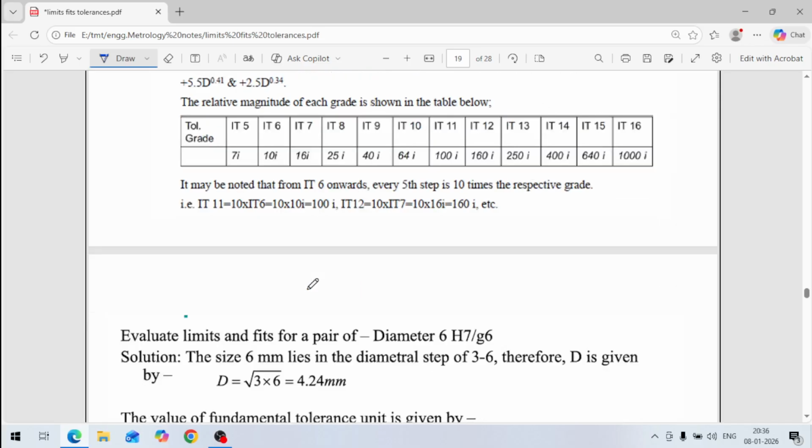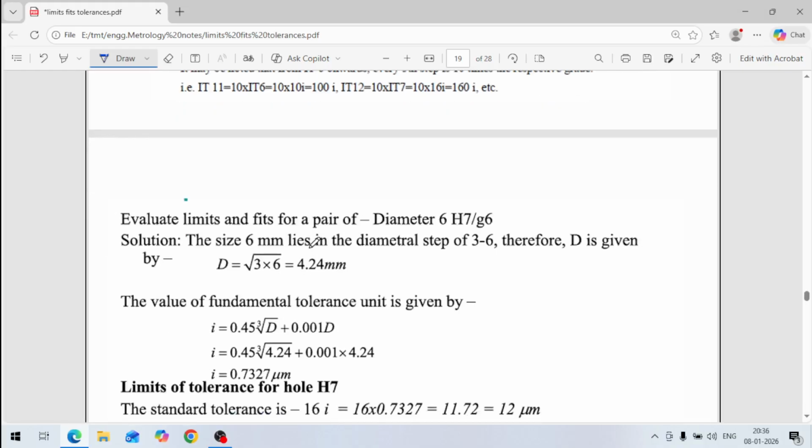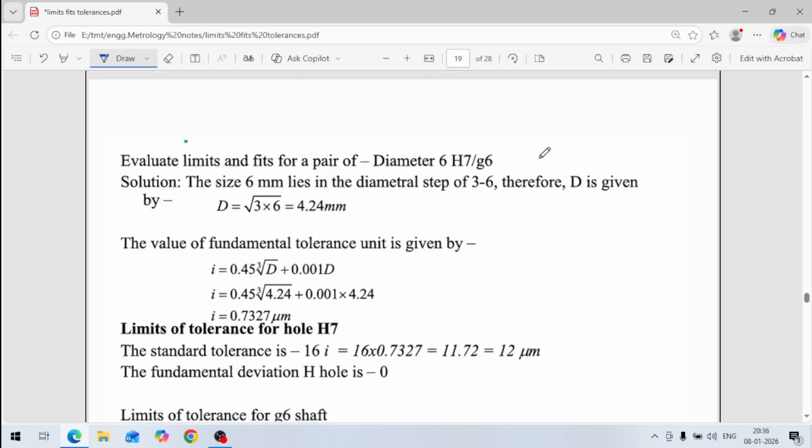So if you see here, we are taking one example. One example is, say, diameter 6H7G6. This is our tolerance class. We have to define this. What is the tolerance class? Basically 6H7G6. What is here 6? 6 is the basic size. Basic size. H is the